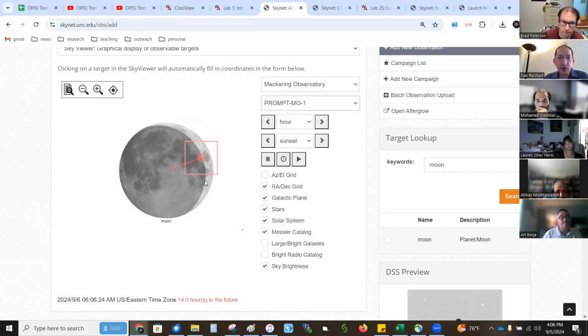And you want to position it around the terminator, keeping in mind that it may be a day or two before it dispatches, so the terminator is going to move to the left. So maybe I'll do something like this. Maybe I'll try to get that crater in, but I'll anticipate that it'll be lit a little bit more here.